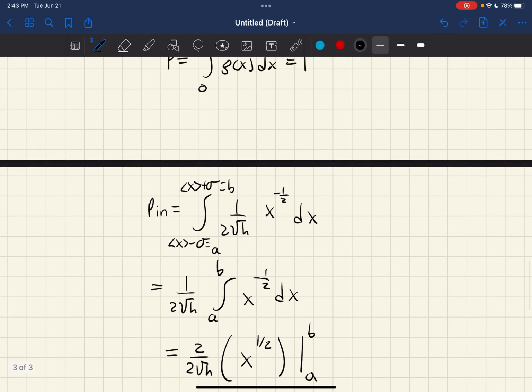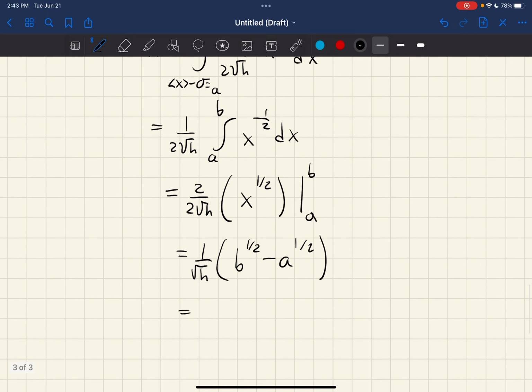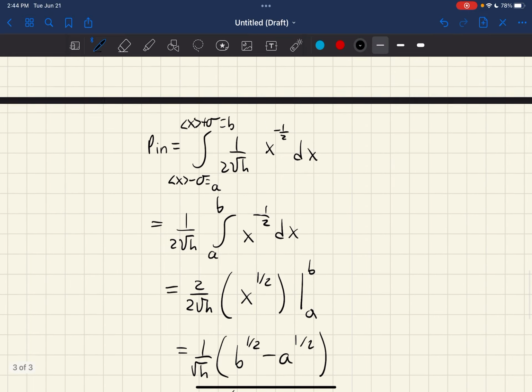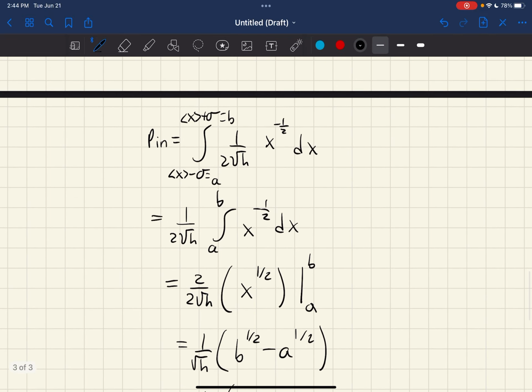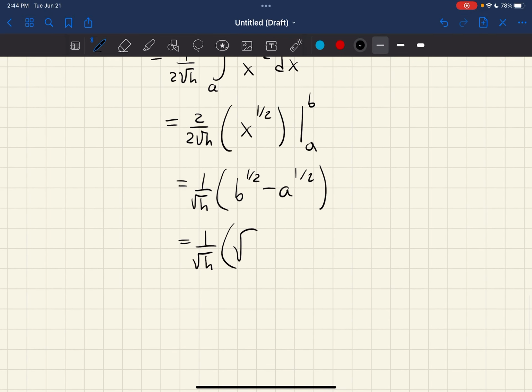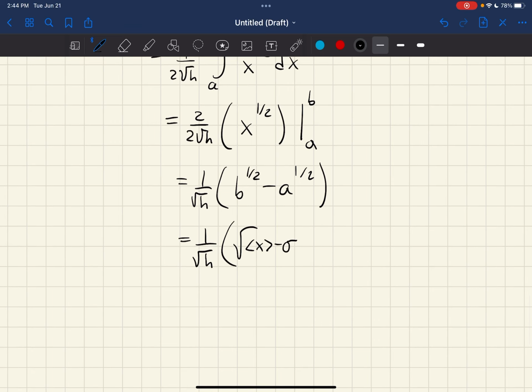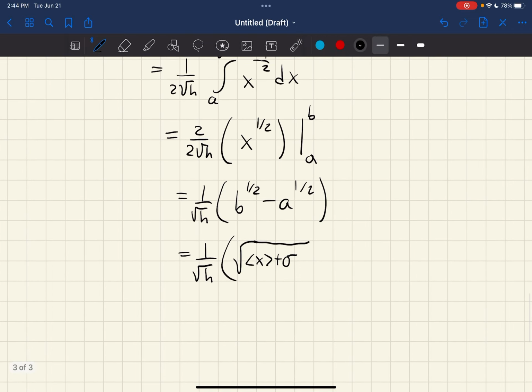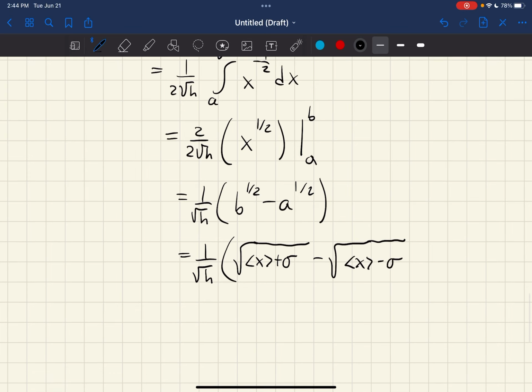So now making the substitution of b and a, we just see that it's 1 over root h times b to the 1/2, where b is